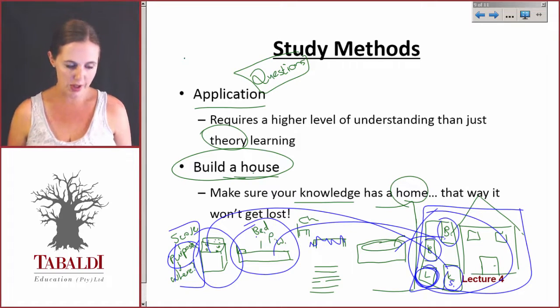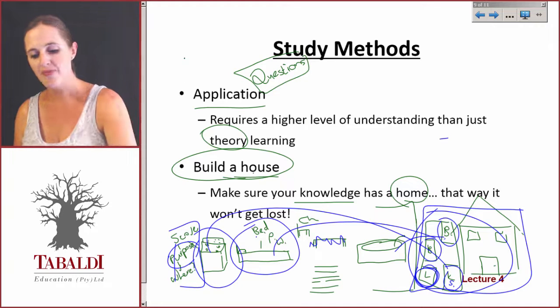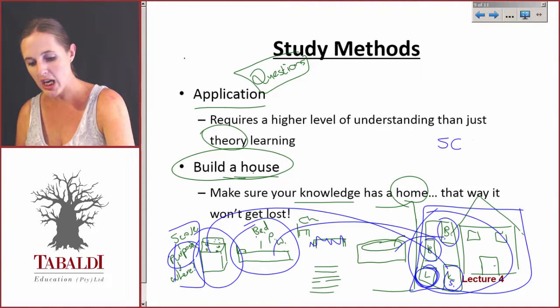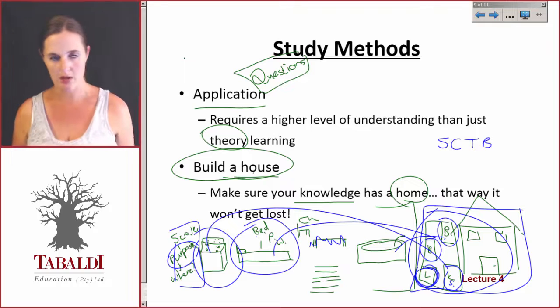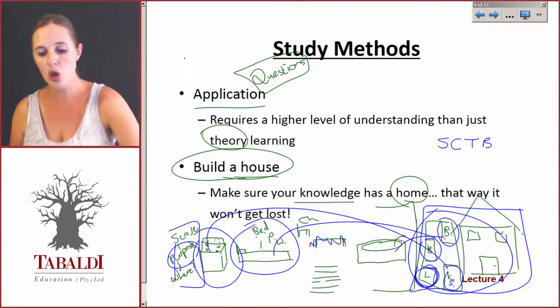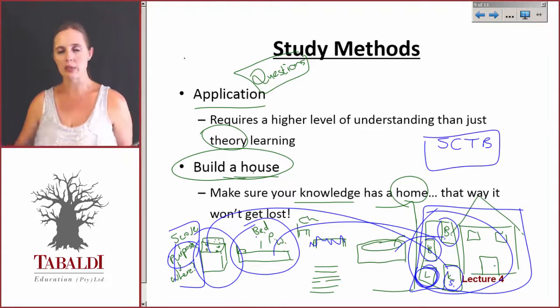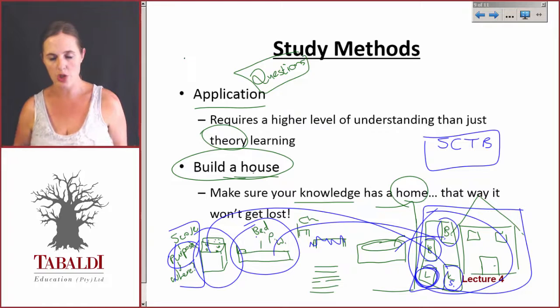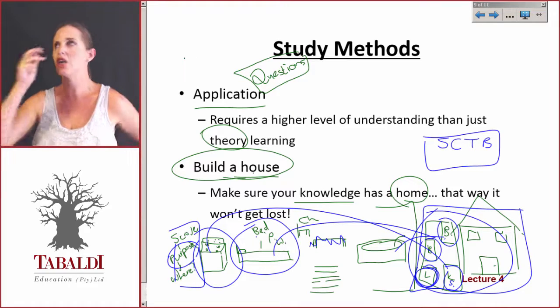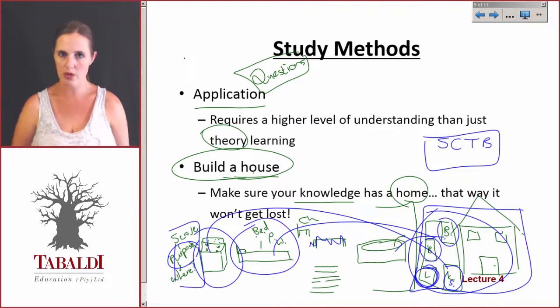Because what do we do as students? We go, okay, these are all the things I must remember. S is for stove, C is for chair, T is for table, B is for bed, right? This looks familiar, doesn't it? And you go into the exam going SCTB, SCTB. What is it? S is for stove, C is for chair, T is for table, B... Oh crap, what was B for again? That's what we do in an exam, right?